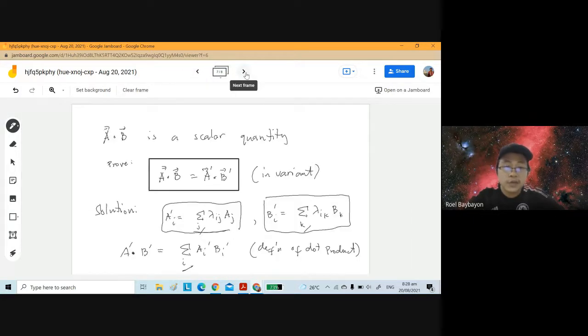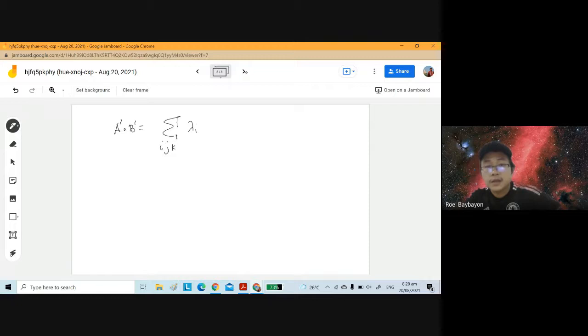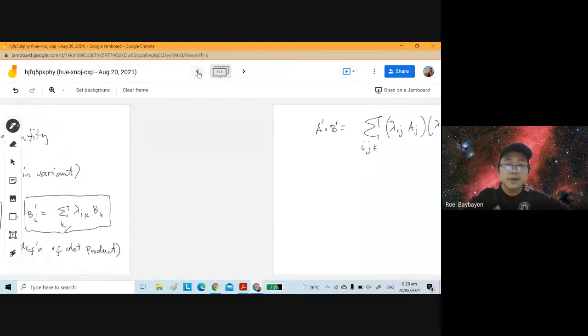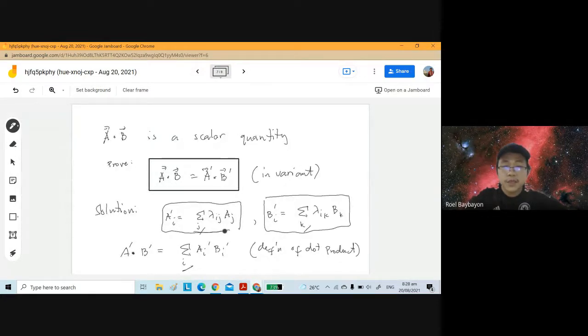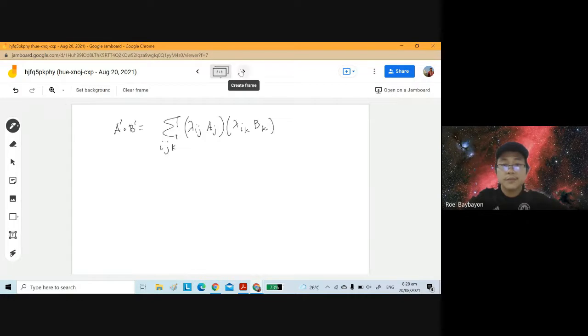So I will just copy this, I have lambda ij, aj, and then I have lambda ik, bk. Okay? Right? Lambda ij, aj, lambda ik, bk. Rearranging. I can rearrange it. I have the summation over ijk, lambda ij, lambda ik, aj,